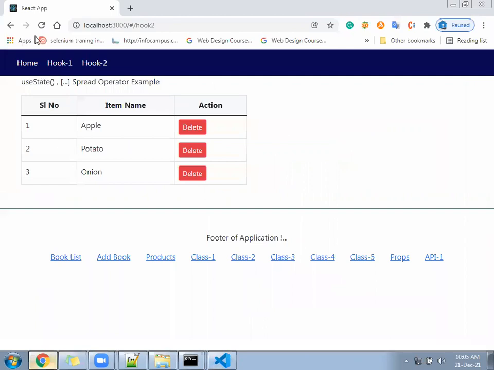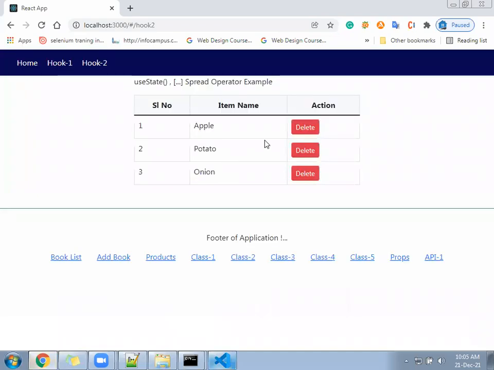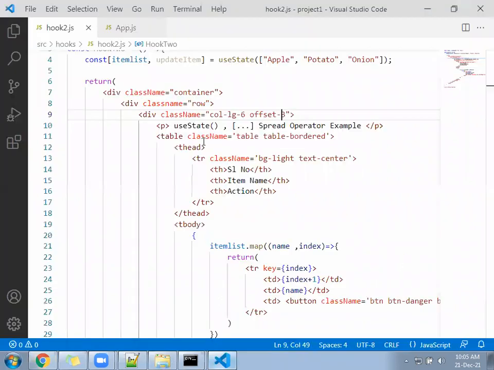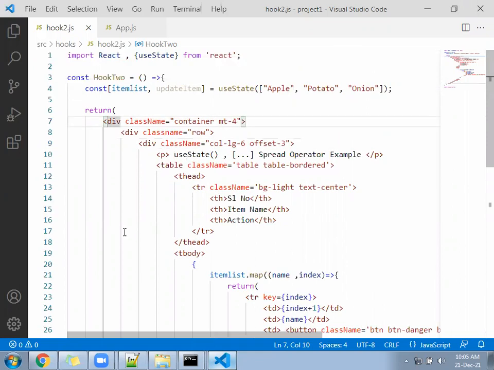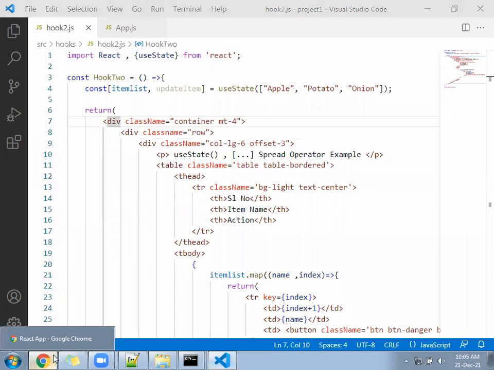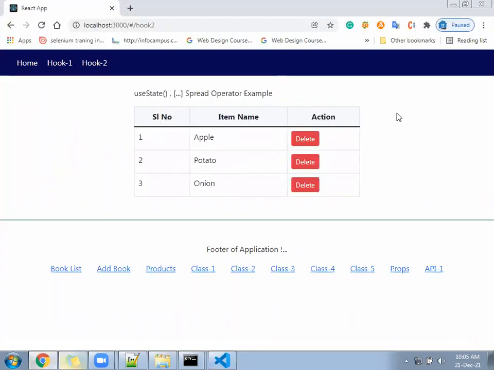So it is clear now. It should come in the middle. From the top, it should leave some space, empty, we can follow here: mt-4. Margin top, there will be some space.